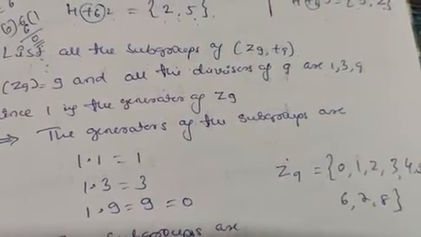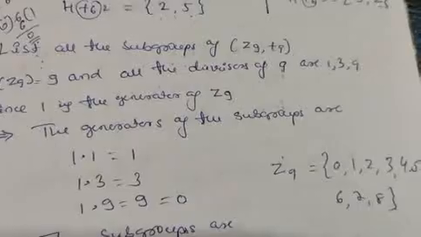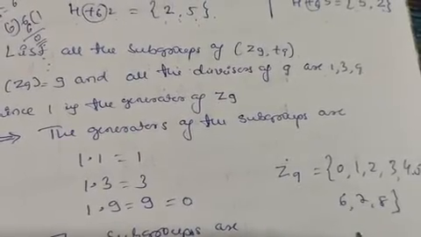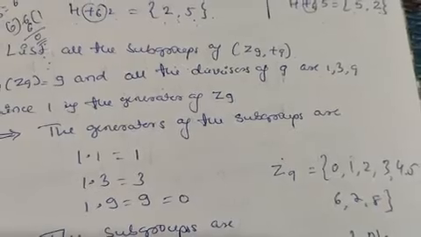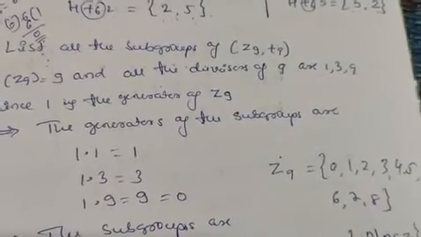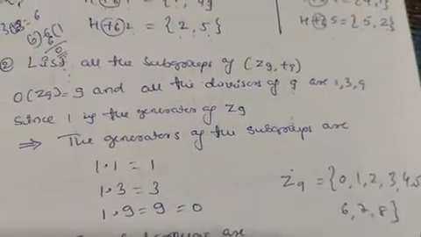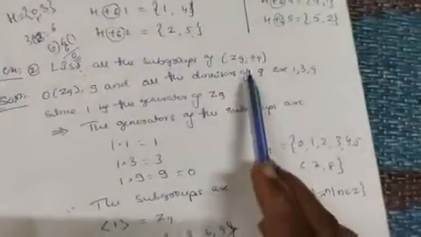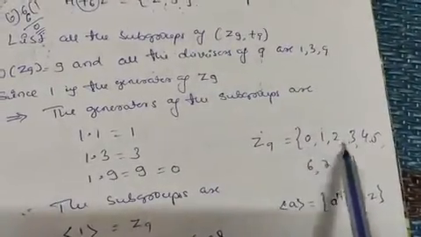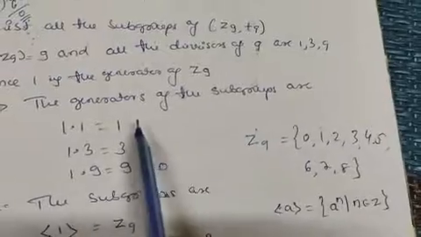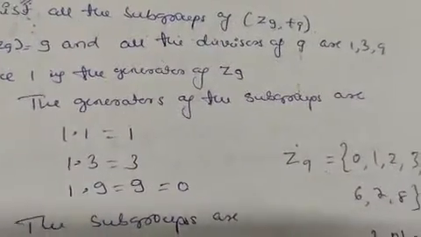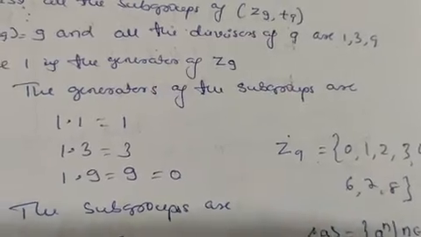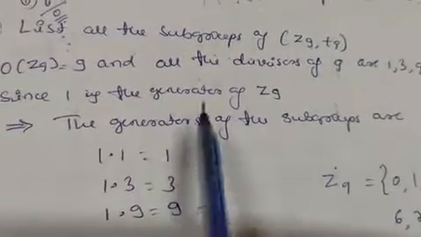Suppose a group generated by A means all the elements are in the form of A raised to n, where n is any integer, n belongs to Z. So in Z9 under addition mod 9, we can express all the elements in terms of 1. You have studied this in the previous section, so it is not necessary to explain the same thing. So 1 is the generator of Z9.